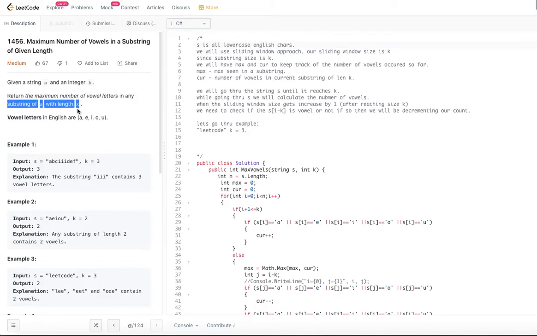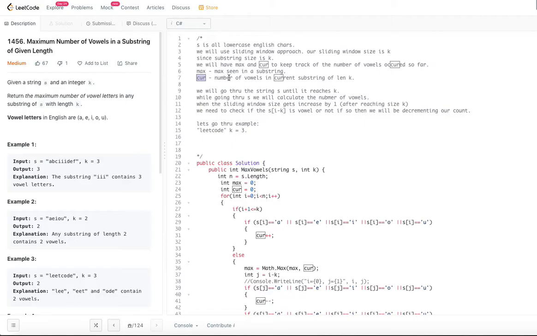So we will keep track of two things, which I am naming max and cur. Max is the max number of vowels seen in a substring, and cur is the number of vowels seen in the current substring of length k.